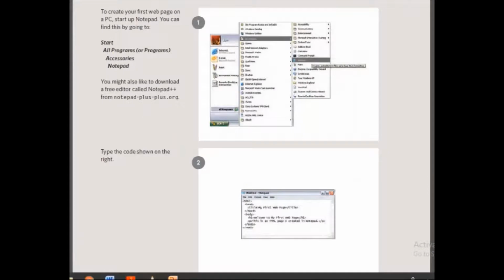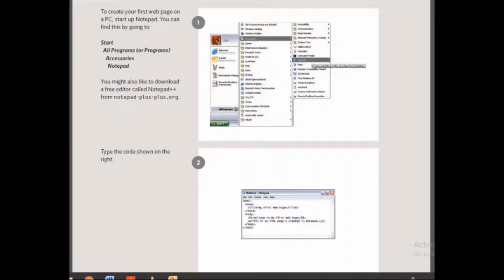What about saving an HTML file? When you click on the file menu, then save as, you will type the name of the file always inside double quotes. For example, if you want to give it the name index.html, in double quotes you will type index.html. This is the extension of an HTML file. And down there in file types, from the menu you have to select all files. Then you will save it wherever you want to.